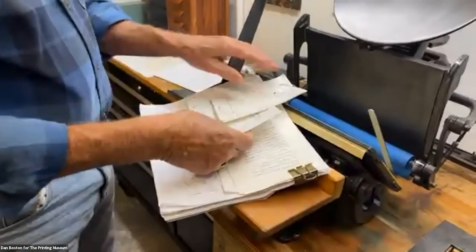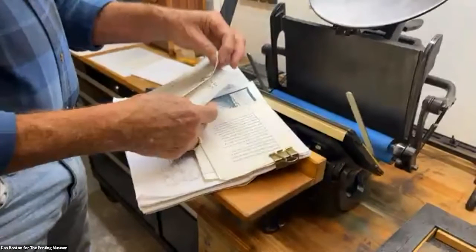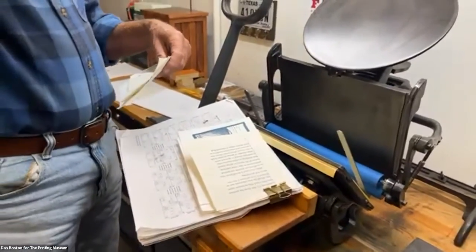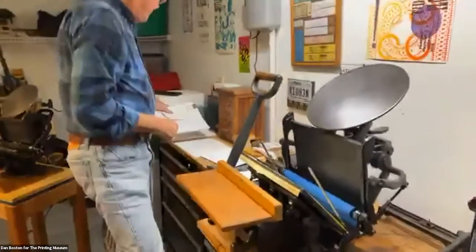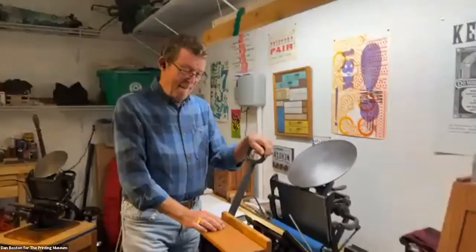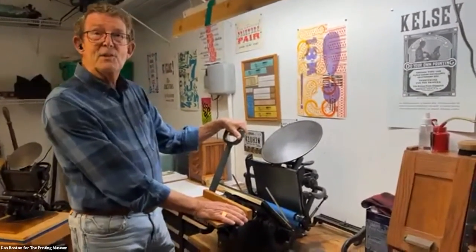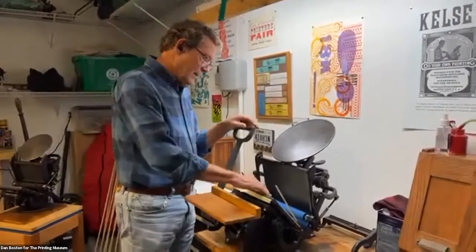There's a question to talk about the easiest way you find to get good registration on a tabletop press. That's a great question. What's the easiest way? Let's transition to that, whenever you get a chance. Registration between the two colors. Yes, they're talking about two colors. I do it generally